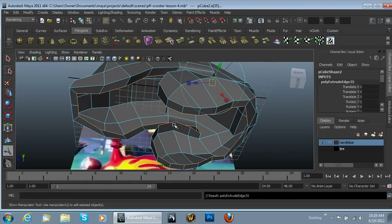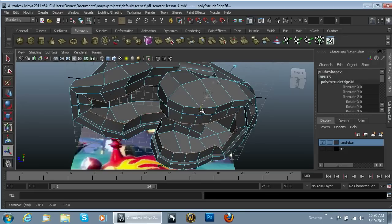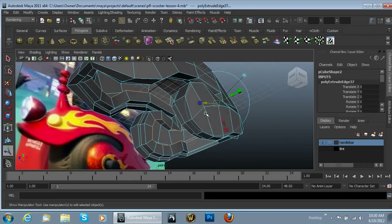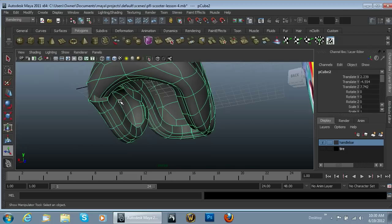We're going to go ahead and do an extrude. Bring this in a little bit, kind of like that. And then we'll hit extrude one more time. And bring that, extrude it. That, go back to object mode, hit 3, and other than this little corner here, which I don't know what the heck is going on with that,